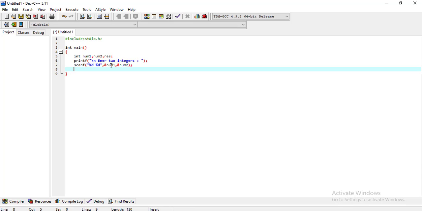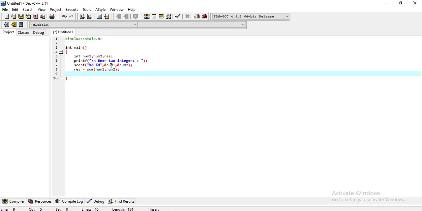Then I am writing a method to sum two numbers. So result equal to, I will create a method, sum two numbers, that is number one comma number two. I am calling this method, and after that I will print the result.